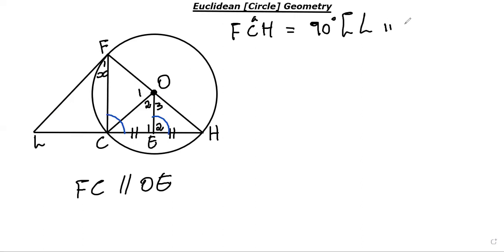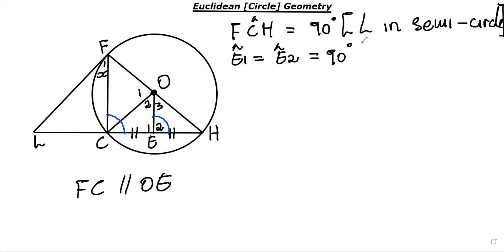That's because it's an angle in a semicircle. Awesome. Now we also tell them that angle E1 is equal to angle E2, and both of them are 90 degrees. Why? Because we have the line from the center